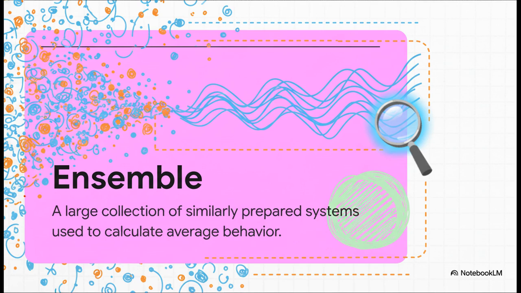So instead of trying to predict one impossible-to-track system, you just imagine a huge collection of similar systems. It's kind of like trying to predict millions of coin flips at once instead of just one. You then study their average behavior. And it's right there in that average that the simple, predictable laws just reveal themselves.